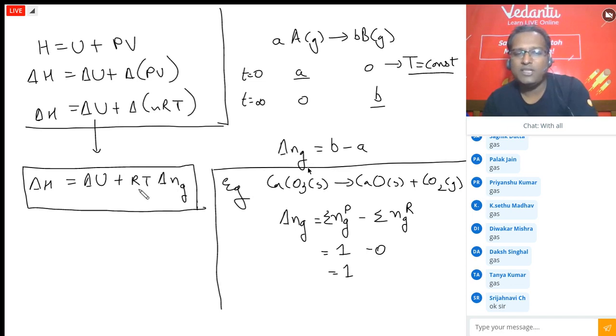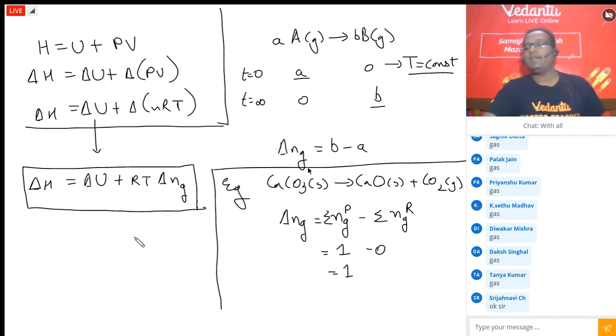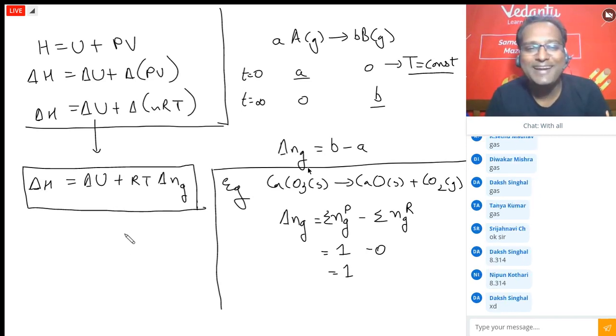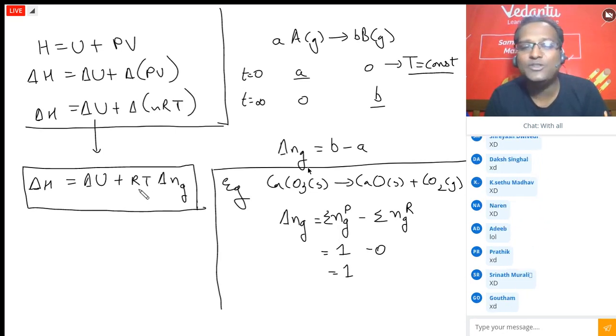Now, what would be the unit of R in this equation? Almost every day on Telegram, you guys keep discussing what the value of R is in the market today. The value of R depends on what you are using it with. With whom are you using it?